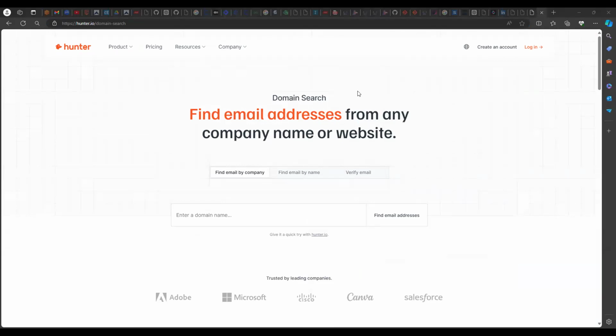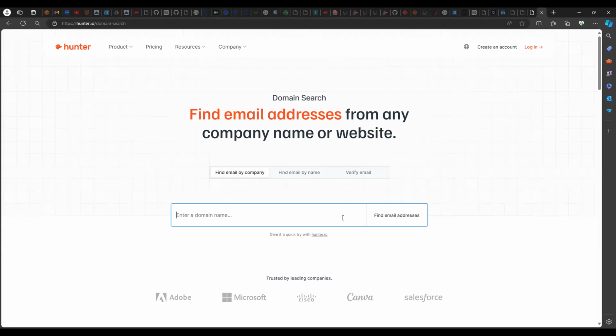In this domain search, it gives us a couple of options. The first one is to find email by company. So if you are testing a company and they ask you to do social engineering as part of your exercise, it's going to help if you have a list of valid emails of employees that work in that company.